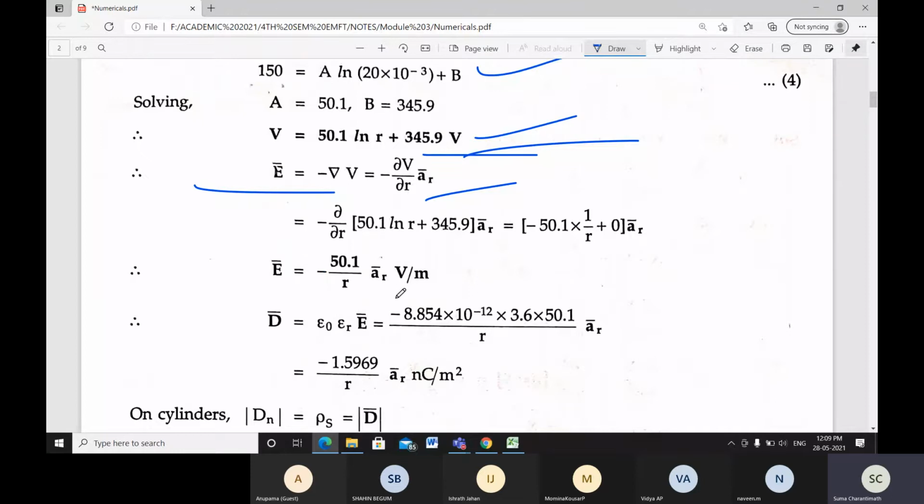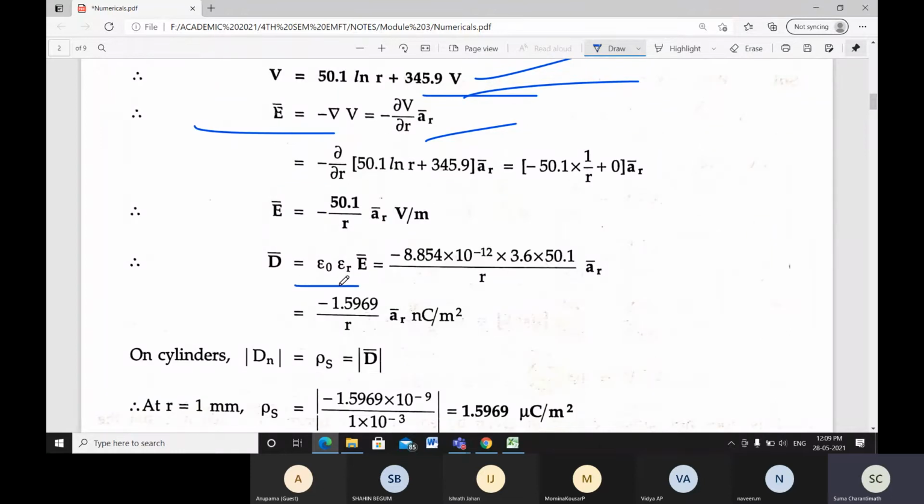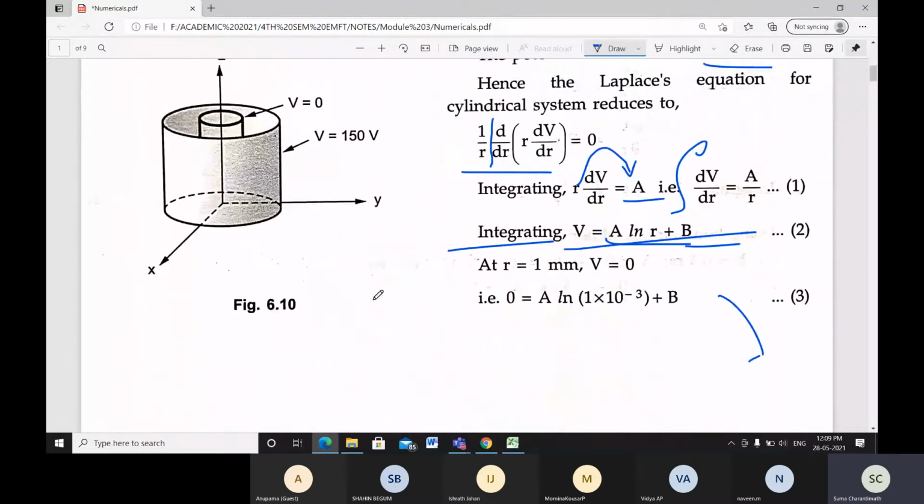Then flux density is going to be D. We already know the equation, D equals epsilon times the electric field intensity. Here the medium is also given, for that reason epsilon naught epsilon R into E. Then you substitute for epsilon naught and epsilon R. Epsilon naught value is 8.854 into 10 to minus 12. This you will already know; we have used it many times in the previous classes and also in the basic classes. Epsilon R is given for us. That is equation 3.6.